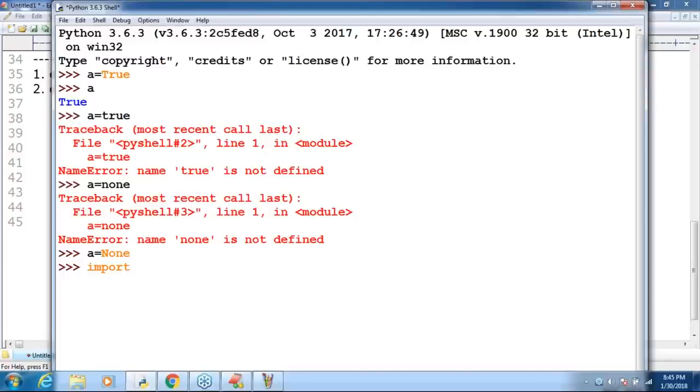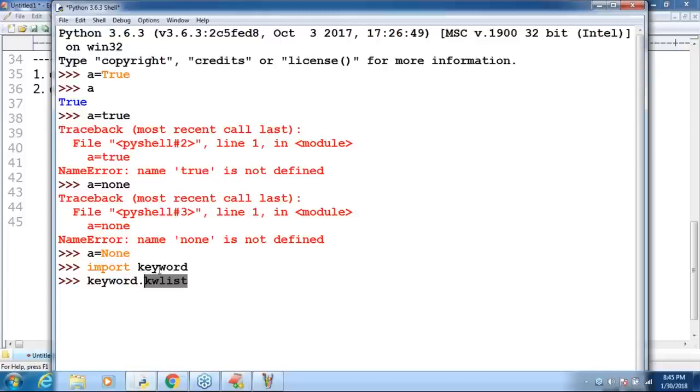I'm importing the keyword module. Next, keyword dot kwlist. Import keyword dot kwlist. Don't think too much. What is keyword? Keyword dot kwlist. All these things we will discuss.